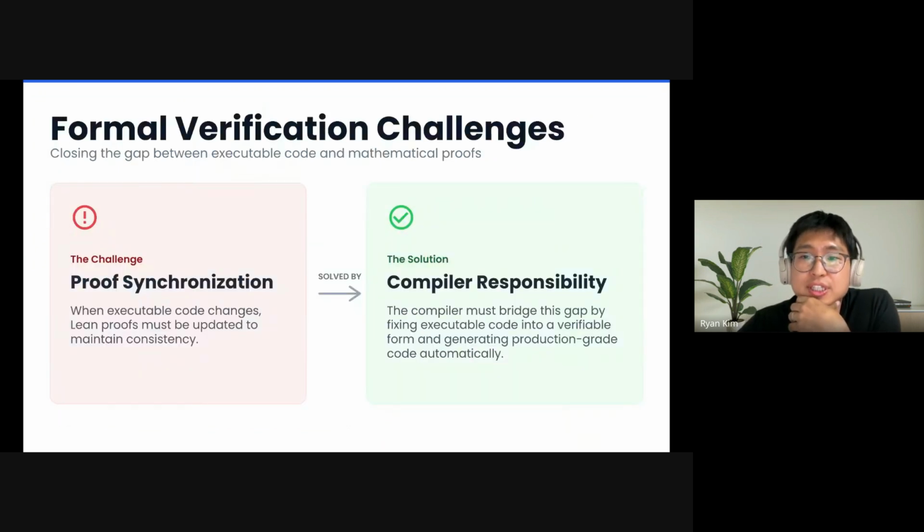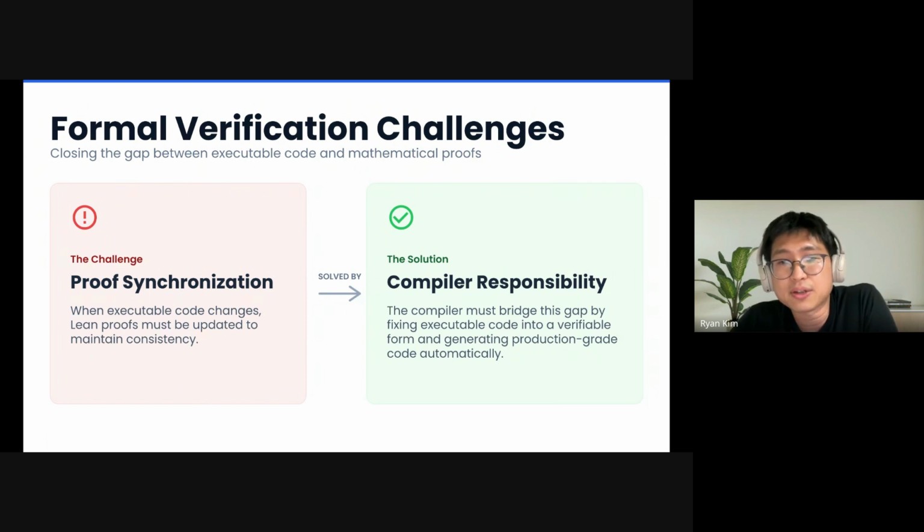Okay, we have seen hardware makes code change shape. Algorithms make code change shape. Every change is a new piece of executable code, which means a new link proof you have to write to verify. The next change comes and you write another proof and then another. This is the challenge. We start to create proof synchronization.